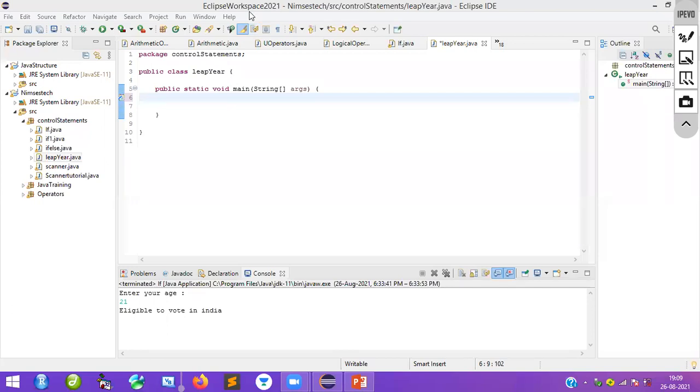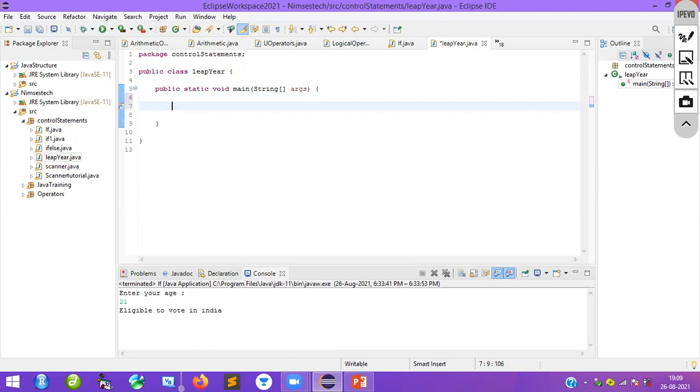That is what we have to write in the program. For that, I will take an integer. Basically I'm taking the year, and the year is always an integral value, so I will declare int year. You can provide the value directly, or you can use the scanner, no problem. I will take it directly. Later, if you are not able to understand, I will use the scanner. Okay, 2020 semicolon, that's it.